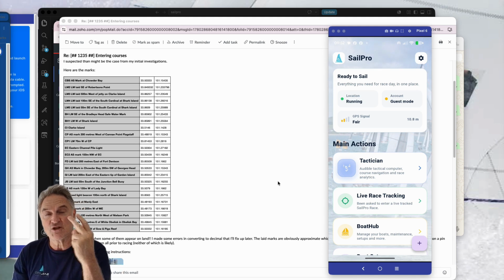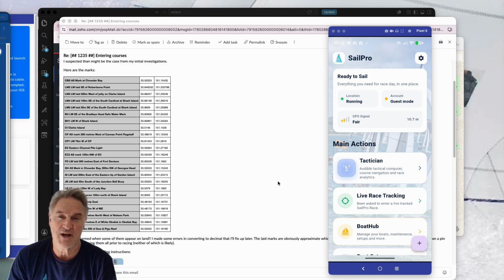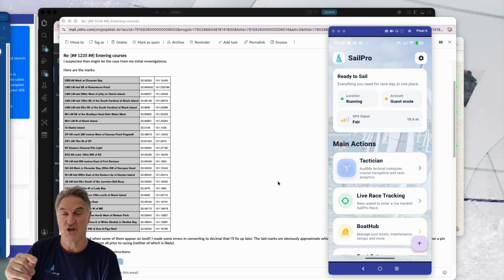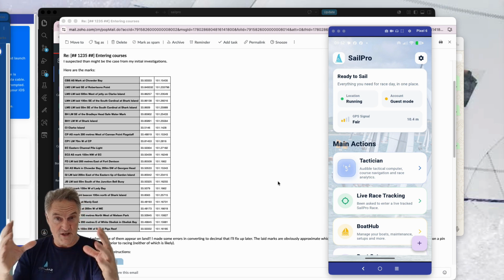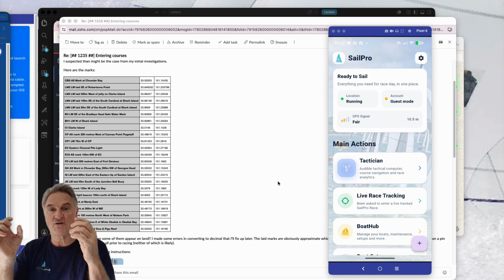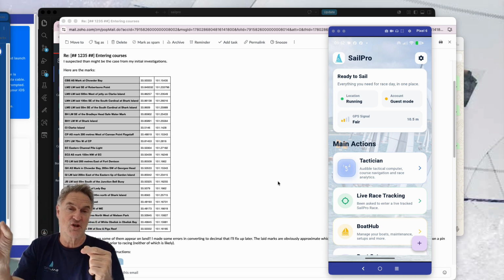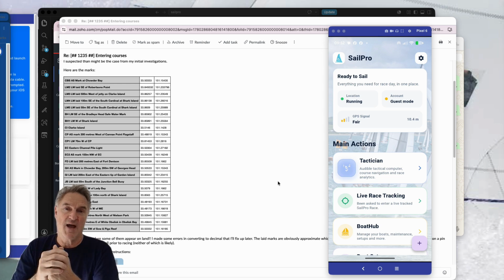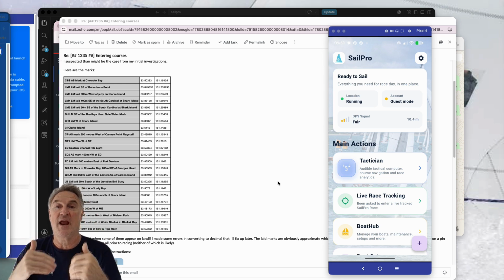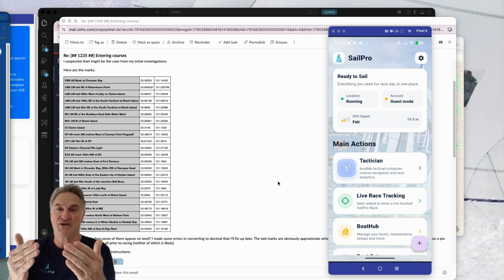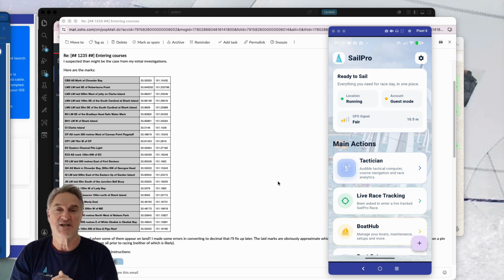There are 2 ways that you can do that in SailPro. One is you can upload it using a CSV file. We've got a template for it. You can grab all those course marks, latitude and longitude, plus all the course sequence, and you can import that using a CSV file. But there's actually an easier way to do that, and that's to use our scan course